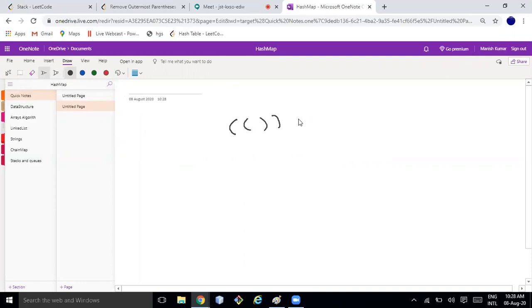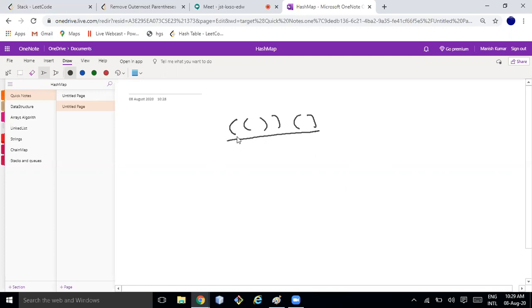So coming to Mayur's question. Mayur asked how to break. Why do you need to break? I don't want to break it first. I'm just going through this very simple question. So this is the string.